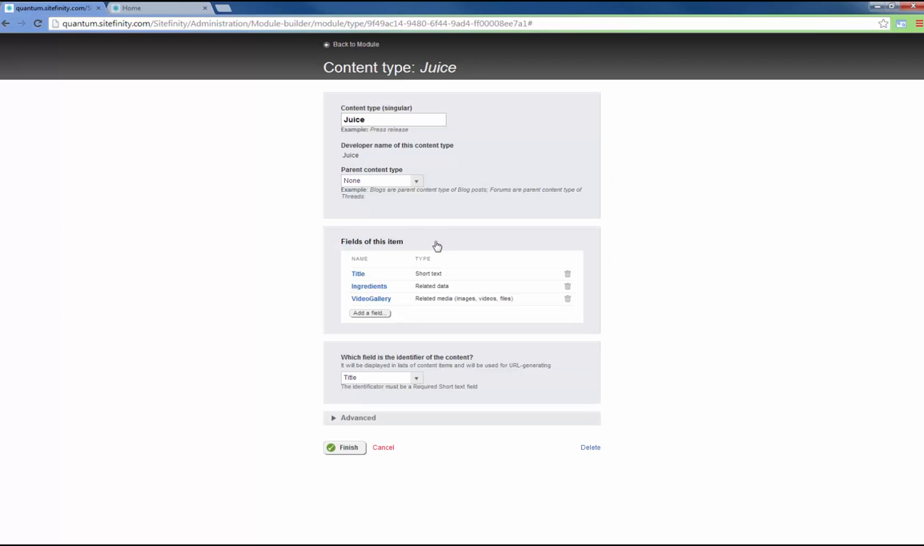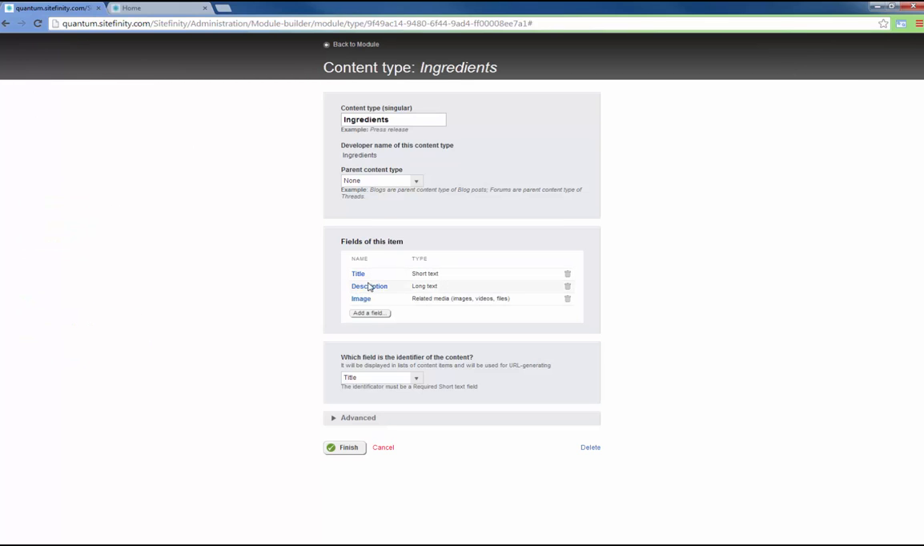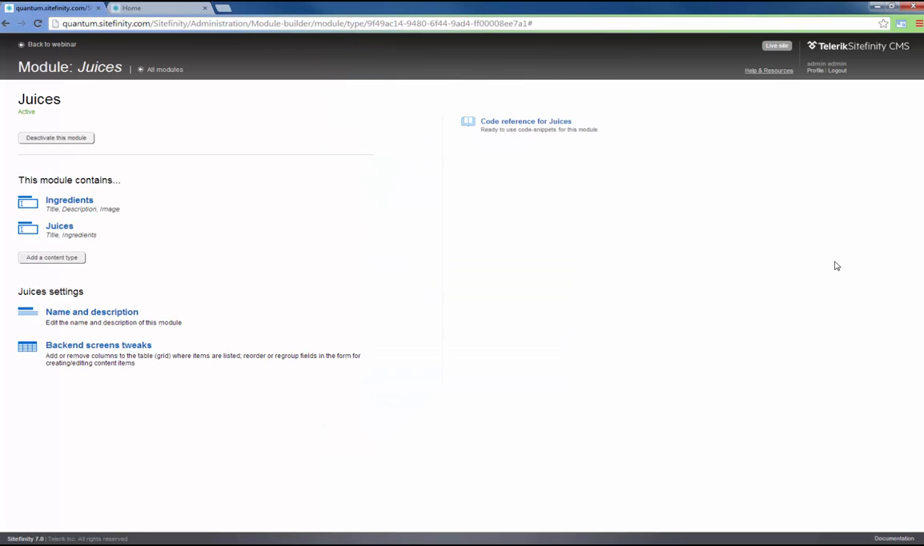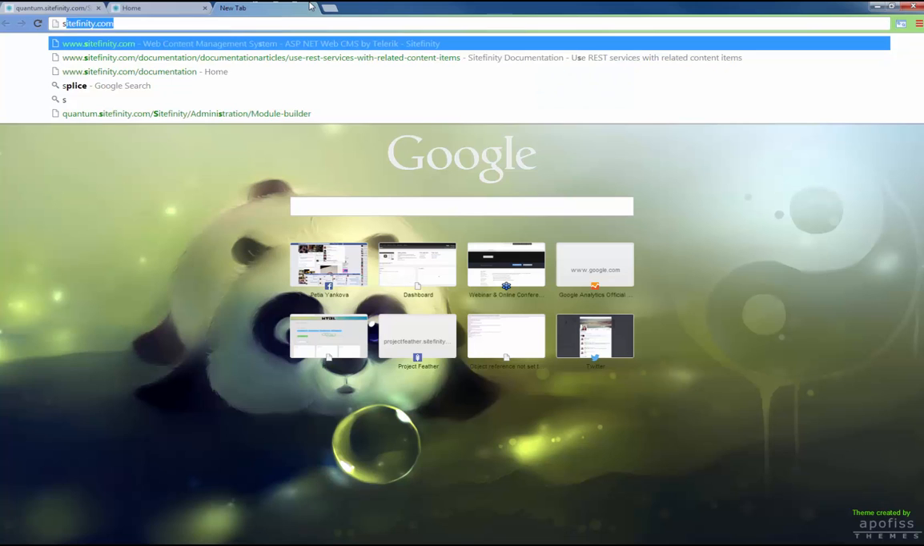And in this case, I have made up a module called ingredients, and I have pointed a related data field to that. And ingredients looks very simple. So it has title, description, and a related media field. So it just points to a little image. And I've kept things very simple. So you can go ahead and create your modules. In any case, if you are not new to Sitefinity, I definitely recommend researching related data a little bit more. There is a brilliant article in the documentation, so